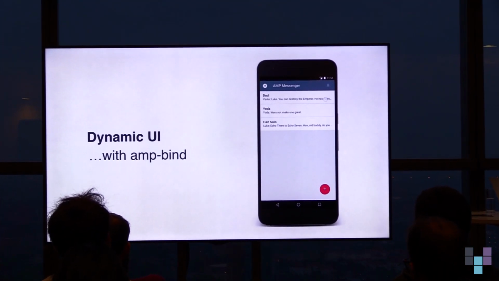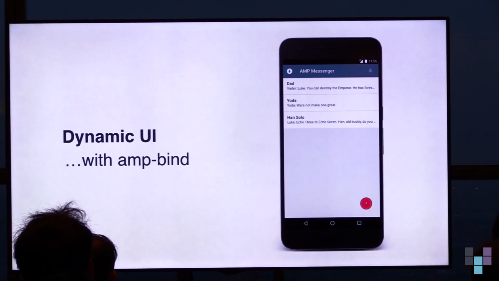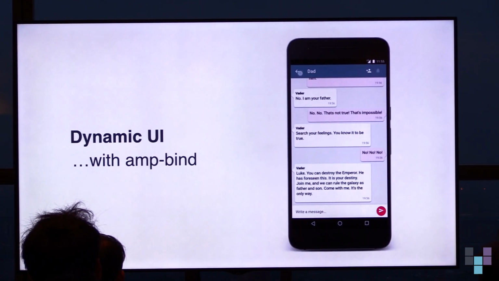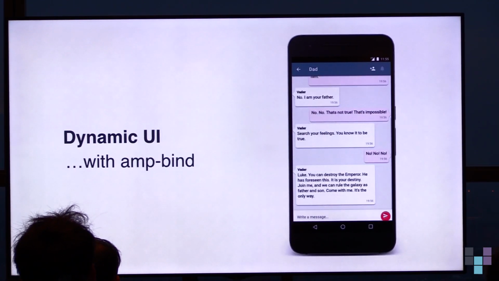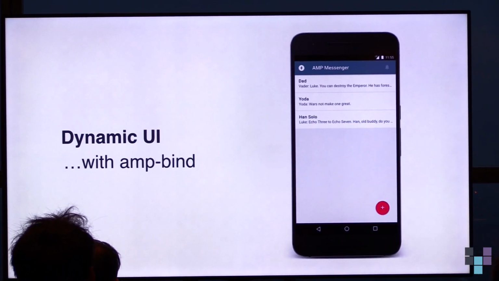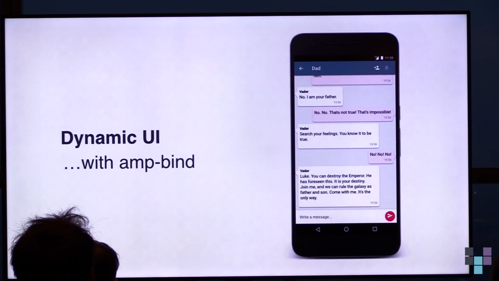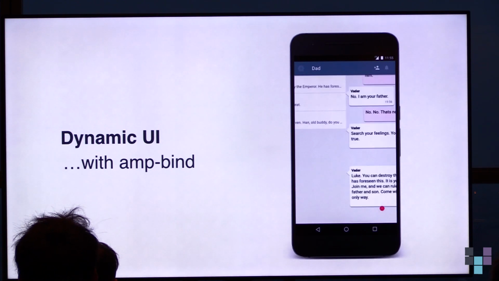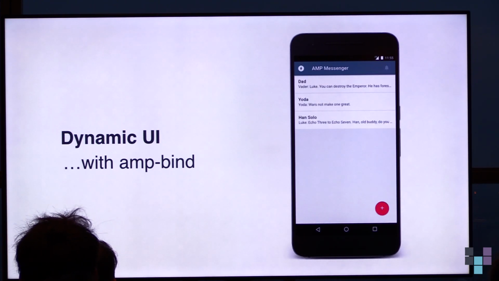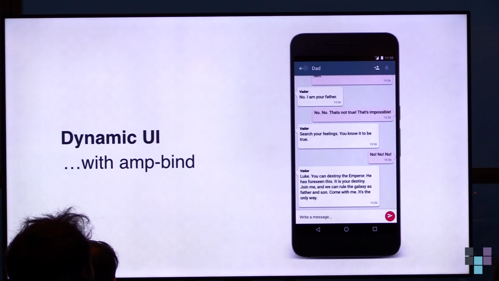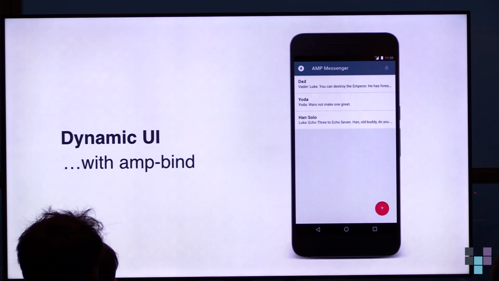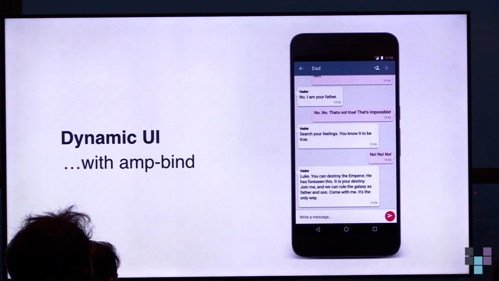So here what you see is when you have a list of messages, not a list of messages but of different chats, you click on a chat, and then basically the chat content slides in, you click on the back button, other content slides out. So this is normal behavior you would expect from a single page application, but it's also possible to create this using AMP. And the way it works is a brand new component, which is actually quite powerful, called AMP bind, which makes it possible to